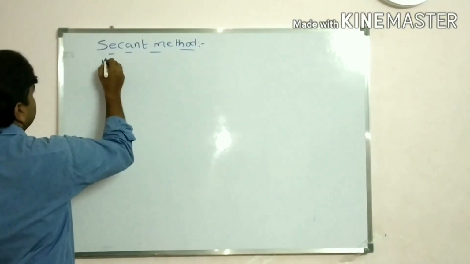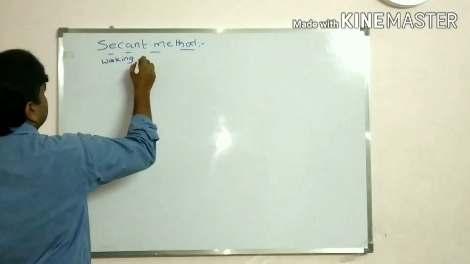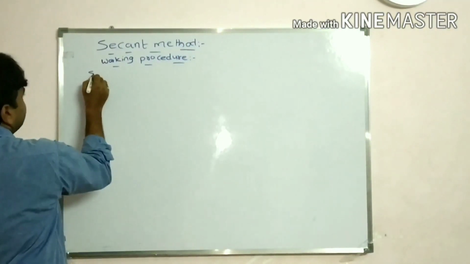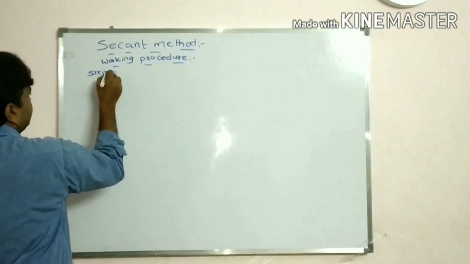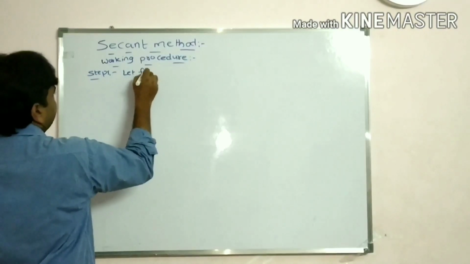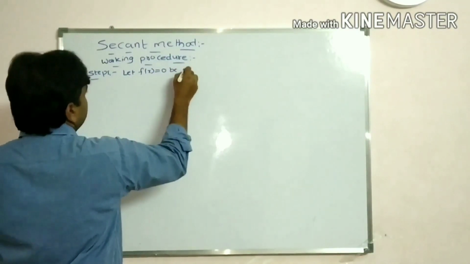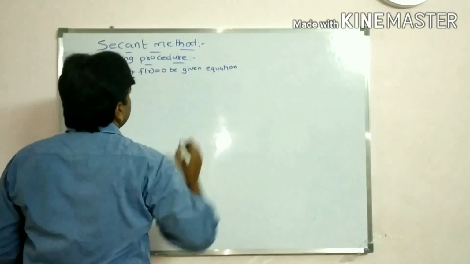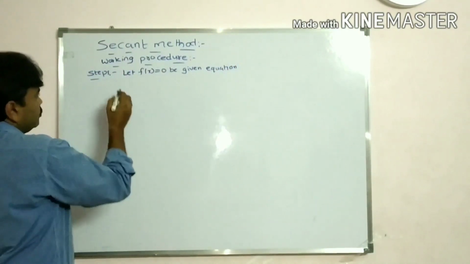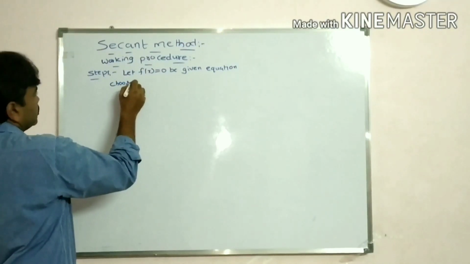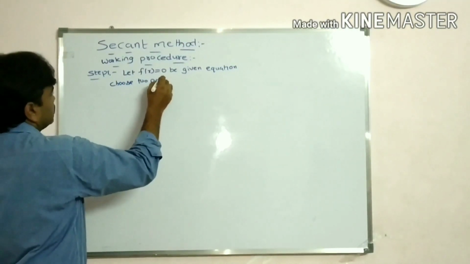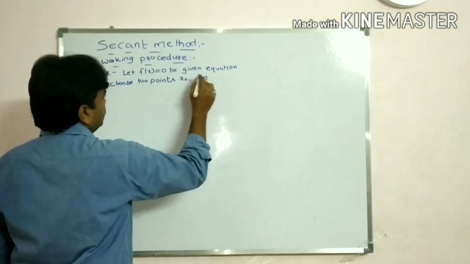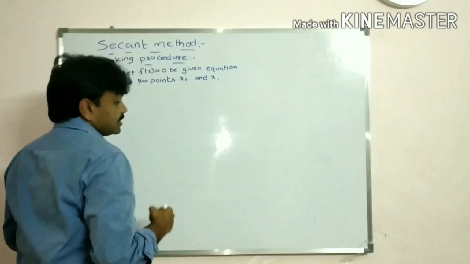Working procedure. Step 1. Let f of x is equal to 0 be the given equation. Choose 2 points, x0 and x1, such that